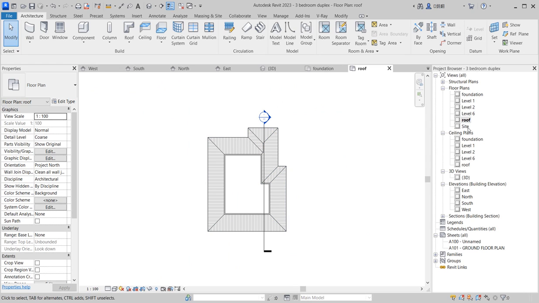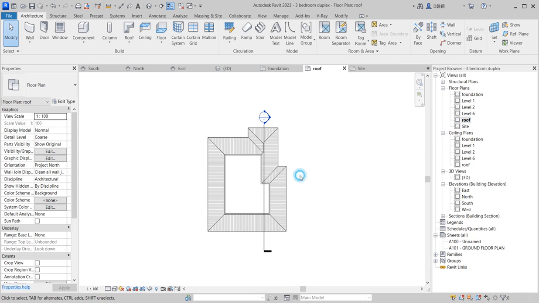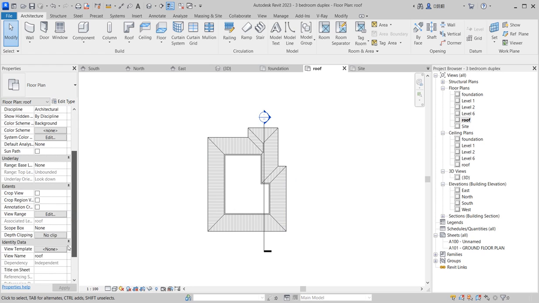So we're done with that. You can see them from site. So if you want to be seeing the cutting part again like this from the roof level, you want to see it clearly from above, so you go to